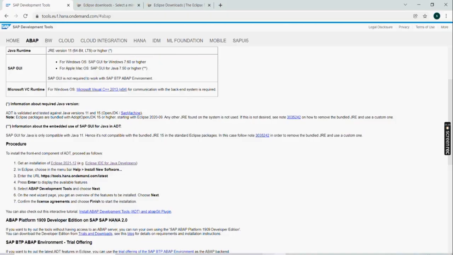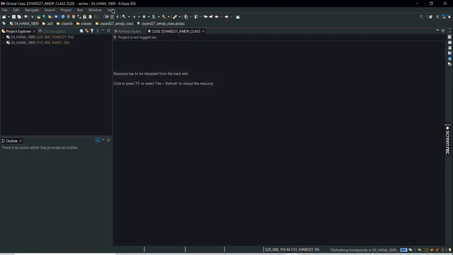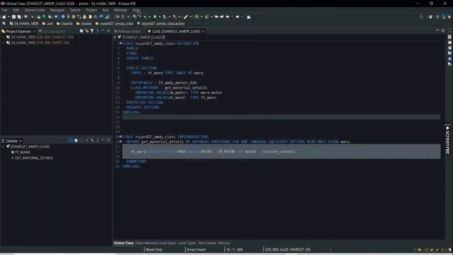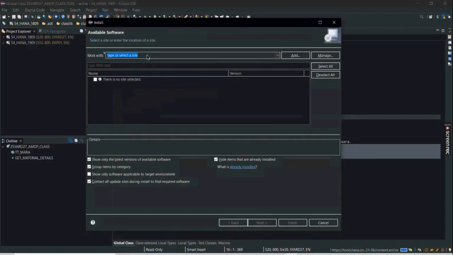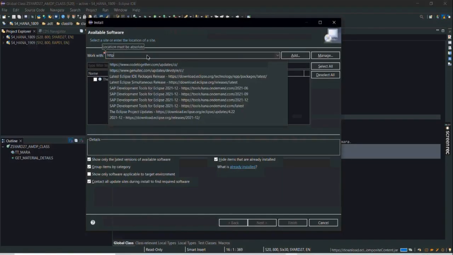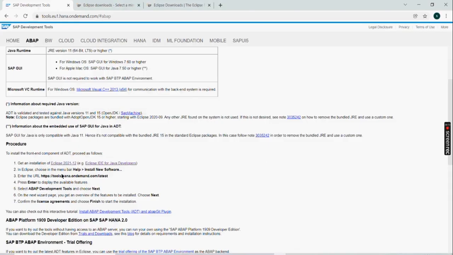Once you are on Eclipse, you need to go to Help, and then you need to go to Install New Software. Done. Here HTTP, then if you don't know the link, don't worry, go here